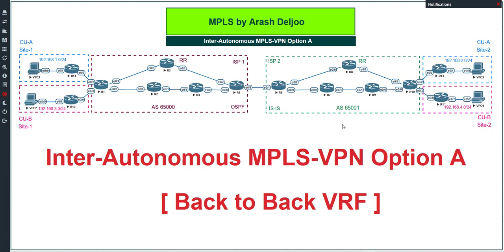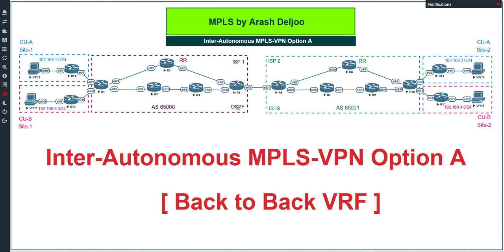Because of that, you need to have cooperation with that ISP to give the connectivity service to the customers. Because I'm going to use this scenario in, for example, 4 videos or maybe 5 videos, in this video, the first video of the inter-autonomous MPLS VPN, I am going to configure the scenario from scratch. Okay, and I also use different IGPs in the